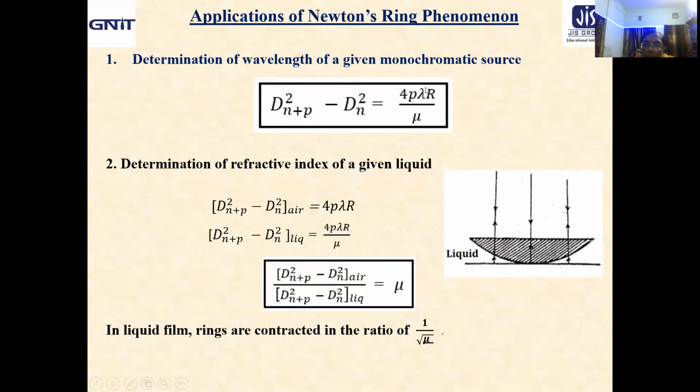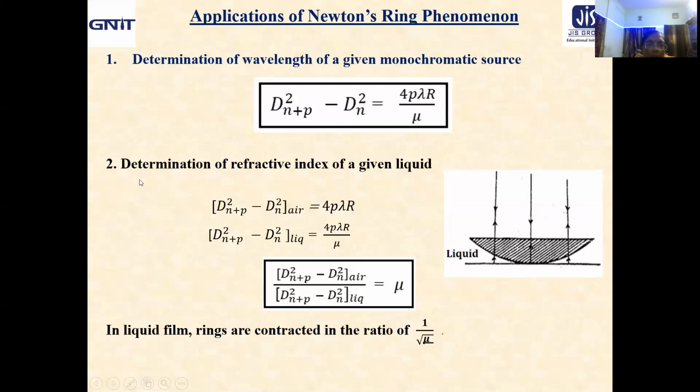Okay. R is the radius of curvature of the convex surface of the plano-convex lens. It will be supplied to you. And what about mu? The refractive index of the film. Now, if no specific film medium is mentioned, we normally consider mu to be 1. So, from this formula, you can very easily determine lambda, provided R is given, and you can measure two rings' diameter. One is any higher order ring, say 5 or 6, the other is say 2 or 3. Very easily you can do it. Similarly, you are actually going to do it in the first year lab after a few months.